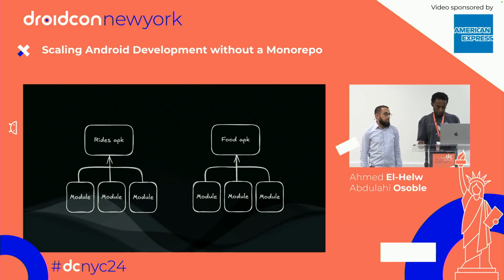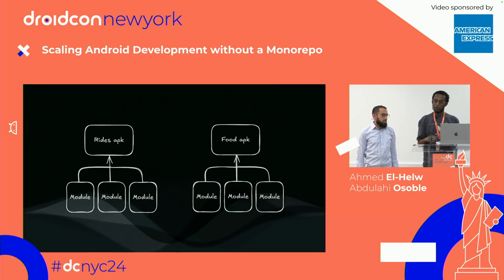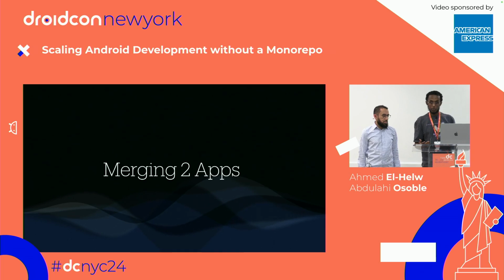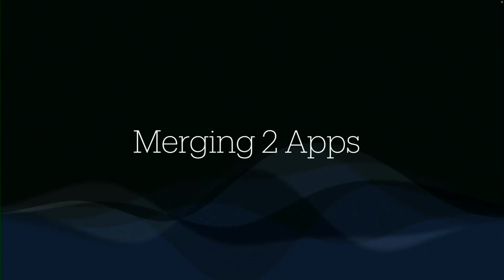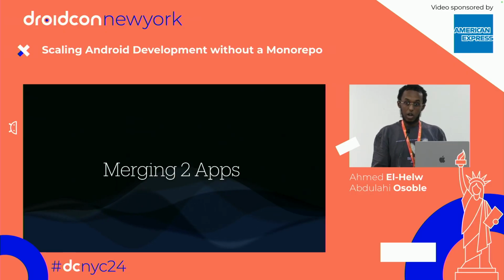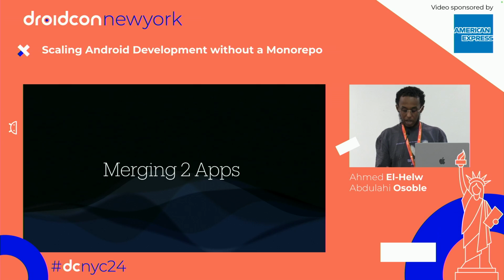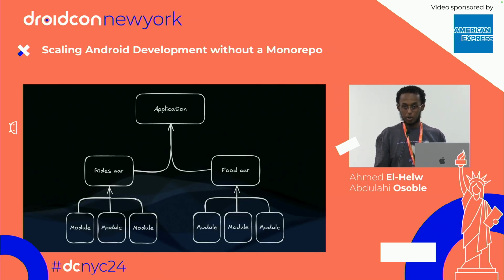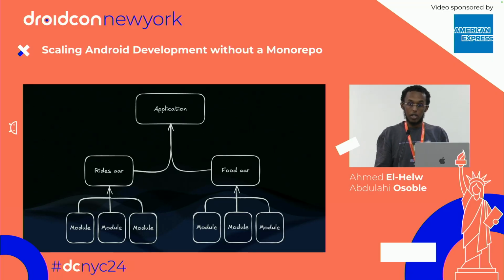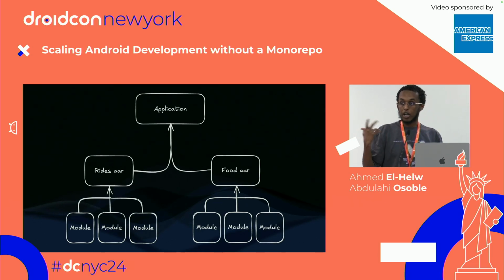But this changed overnight when the company decided, hey, we don't want to ship two separate apps anymore, but we want to ship out one app, one Kareem app, that has everything that Kareem has to offer. So then we had to explore how to merge two applications into one. And this made things complicated overnight for us. From a high-level approach, instead of shipping out two APKs to the Play Store, we shipped them out as AARs into one application, treated them as libraries, and then shipped that application out to the Play Store.